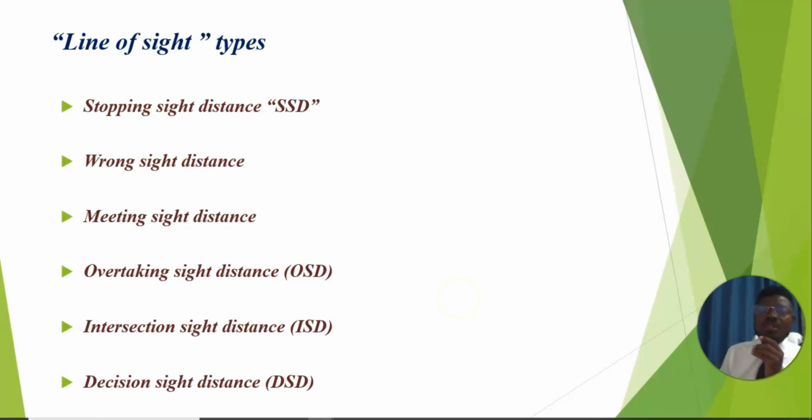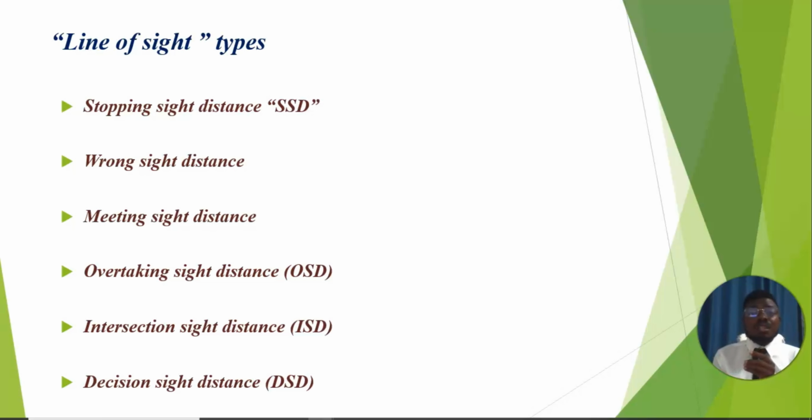This is also the shortest distance that is open to the vision of the driver of a vehicle intending to overtake. That is where the overtaking side distance comes in. That is trying to overtake. So the shortest possible distance that is open to the vision of the driver to overtake a vehicle, maybe